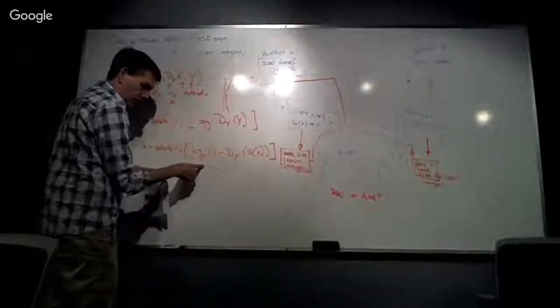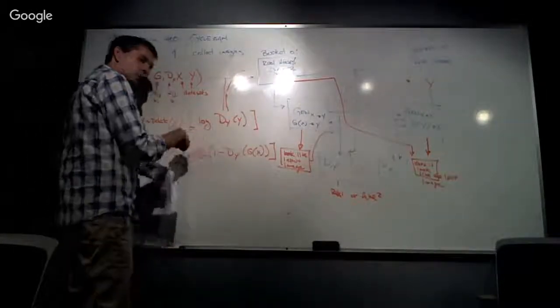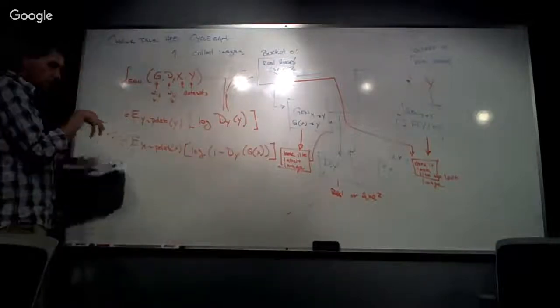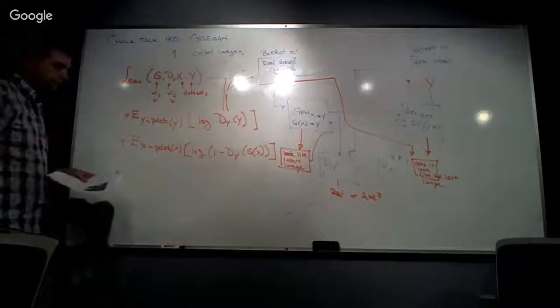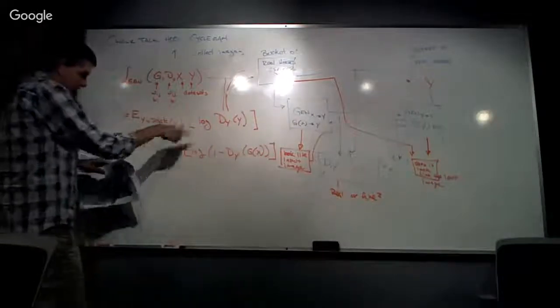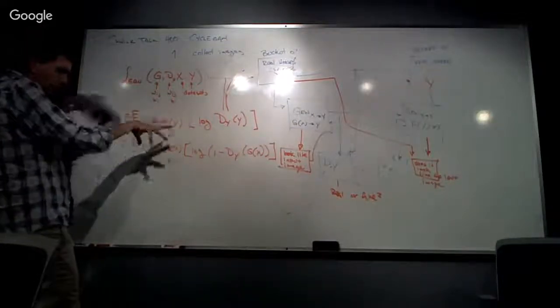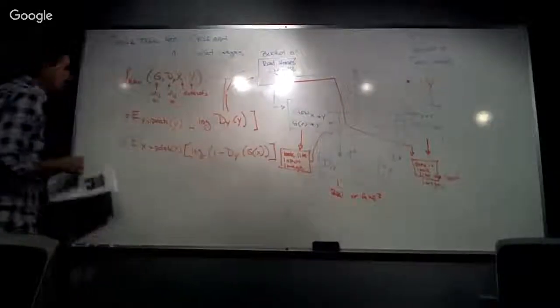A fake image should produce a 0. So the discriminator actually should get better at determining whether or not this thing is fake or not. Right? So that is what this is doing. It's sort of saying, let's maximize this. And this thing eventually